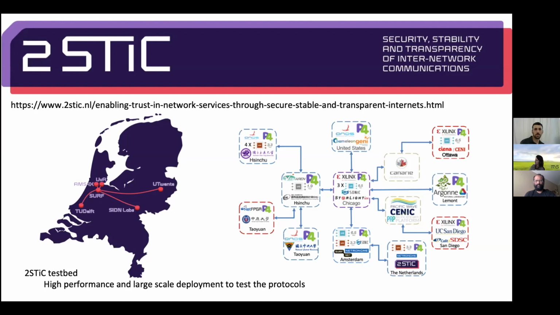So where we are involved right now is an initiative called Two-Stick, which is indeed about securing a stable and transparent internet, which in our case started as a national initiative where you have a P4 testbed across the country where you can do this kind of multi-site experimentation of new protocols. And the ambition, because we want to have testing capabilities across multiple sites, is to extend this kind of P4 experimentation environment beyond one university or one country, but across a whole range of parties in the United States,